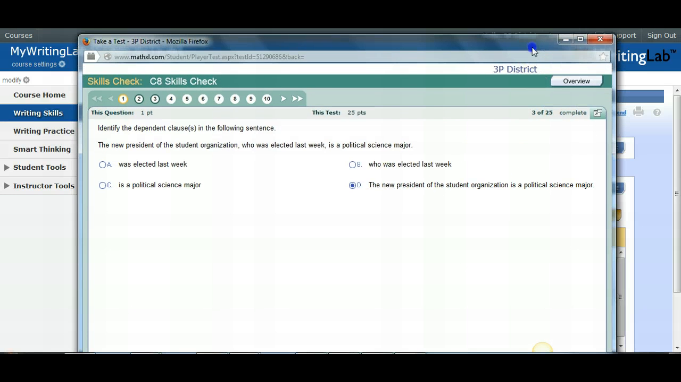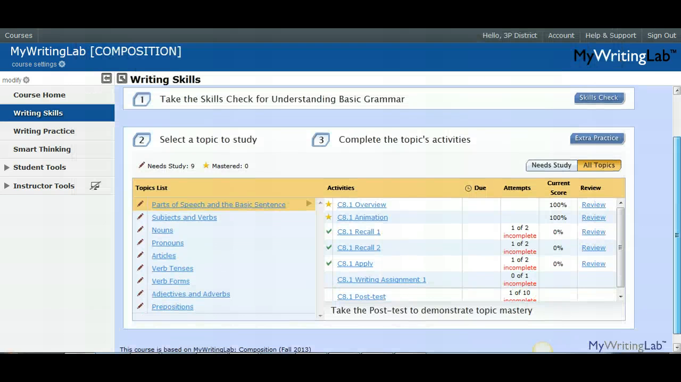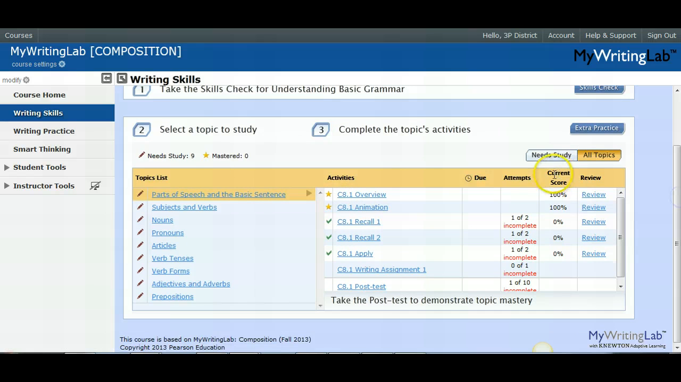So we have 25 questions, and in this case the skills check was already taken. So this is the learning path that was created for that individual student. Now over here on the left you'll see all the areas marked with a pencil that need study, and then any areas that the student may have mastered already or tested out of, they'll have a star. So very easy for them to know what exactly they need to work on and what areas they've mastered